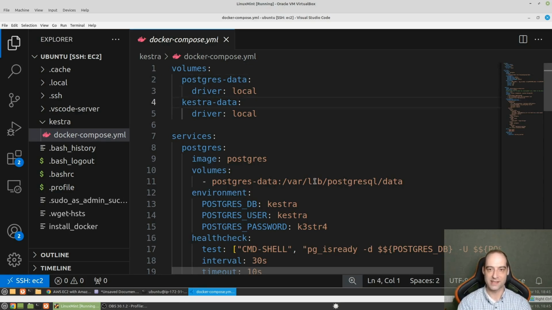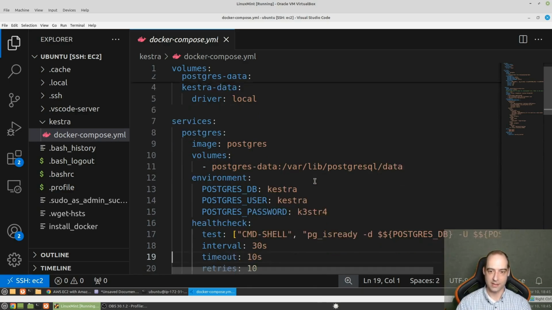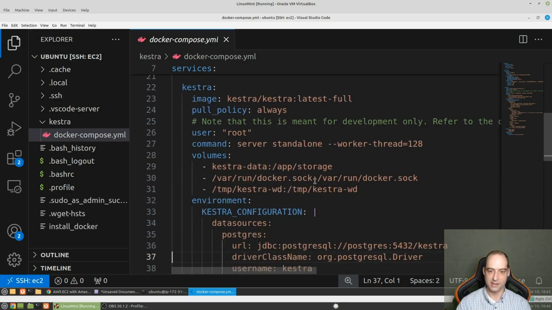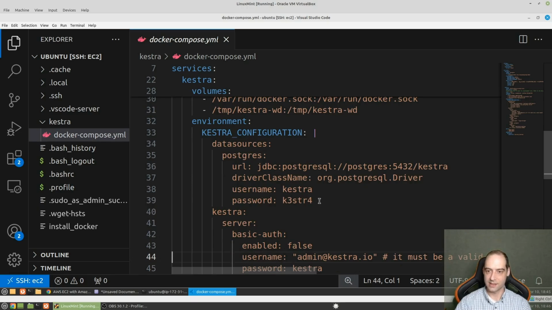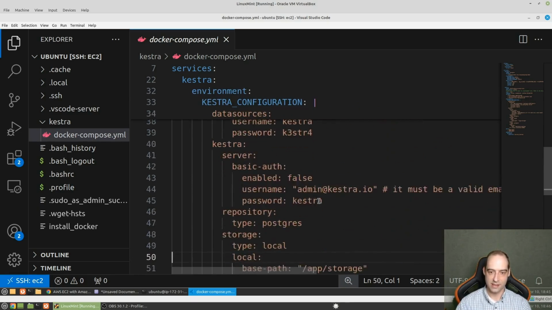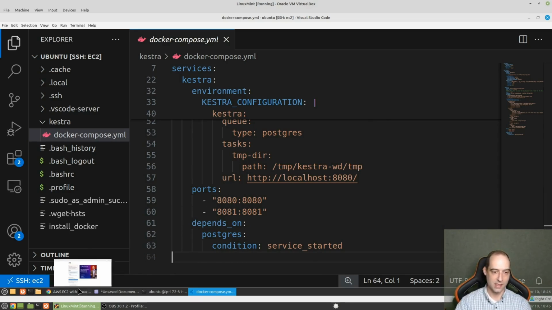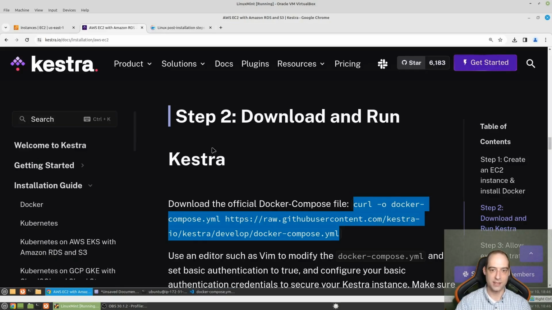We've got Postgres for the metadata, Kestra data for storage. And you can see this is just pulling the images, doing some health checks, configuring the connection to the database, and then forwarding the ports from the Docker network to the local machine. Okay, so let's switch back to the documentation here